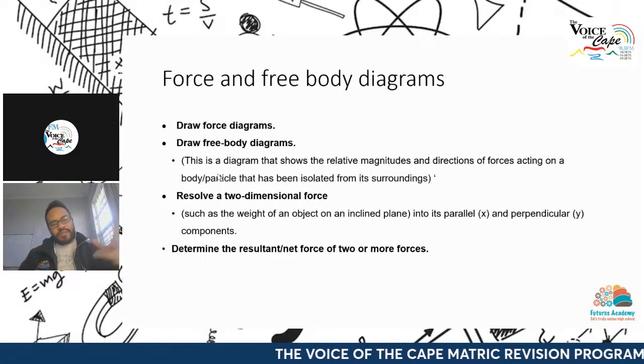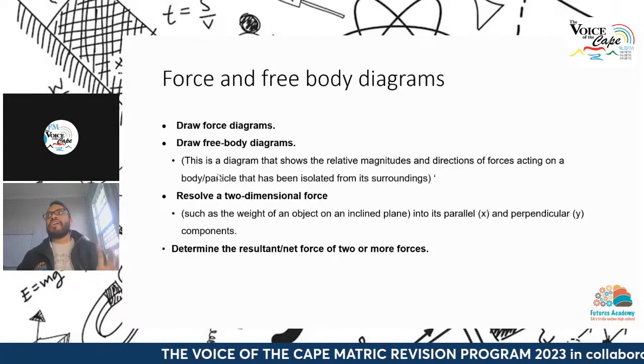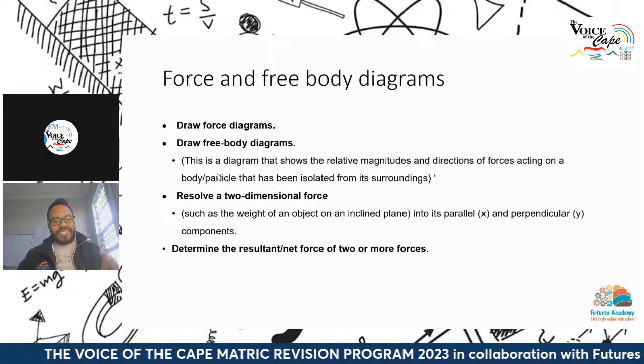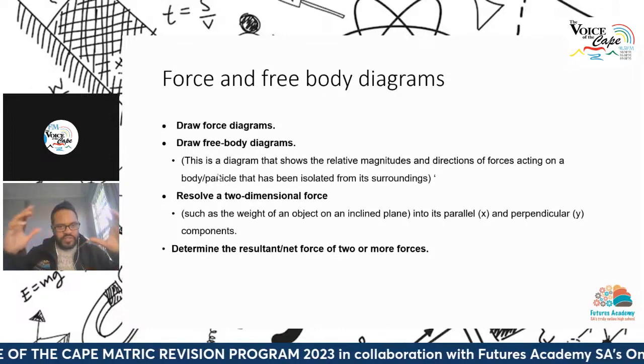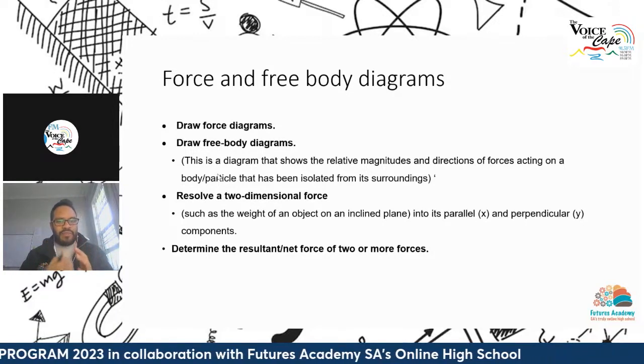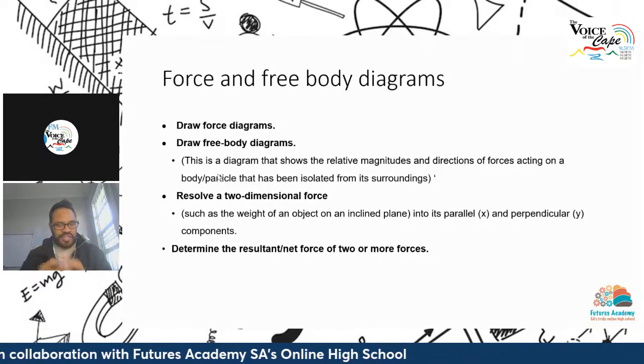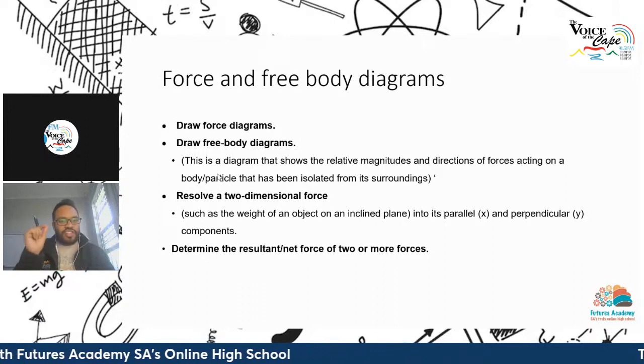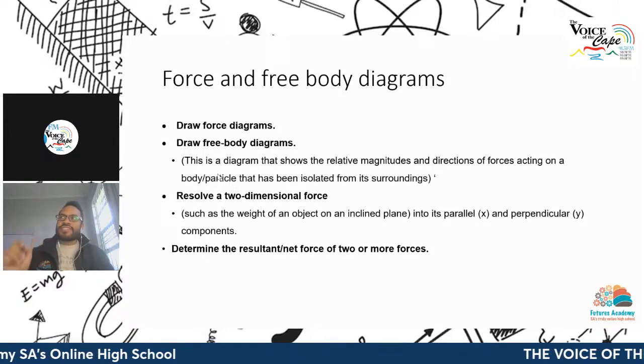So in other words, this comes back to something that we defined in one of our other lessons. What is a system? We consider a system to be an imaginary part of the world that we isolate in order to study it. So when you're drawing a free body diagram, you're going to isolate that particular object. You're going to represent that object using a dot, and then you're going to draw the forces acting on that object.